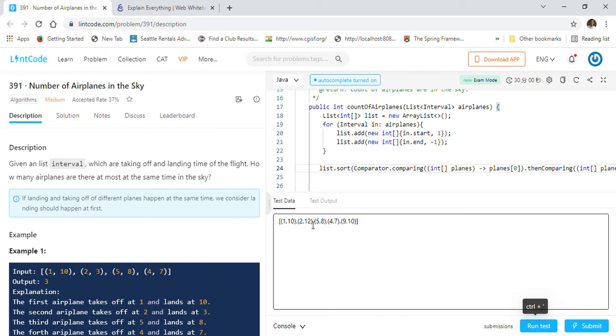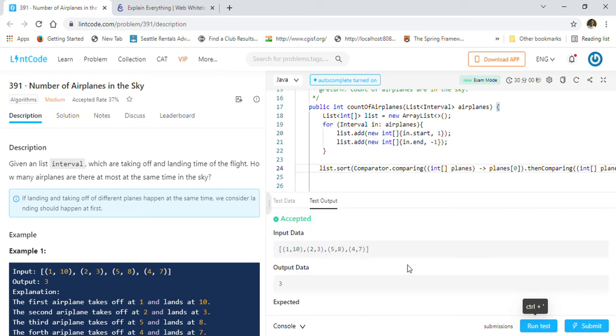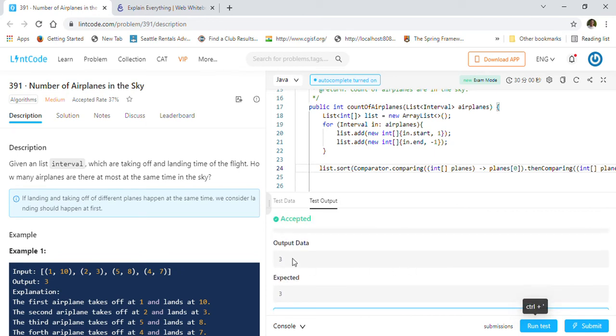So let me just handwrite this because I think the copy paste is not working. So 2 comma 3, and then 5 comma 8, and then 4 comma 7. So let us test this now. Yeah, now you can see the copy paste error was there. Now we are getting the correct answer, 3.